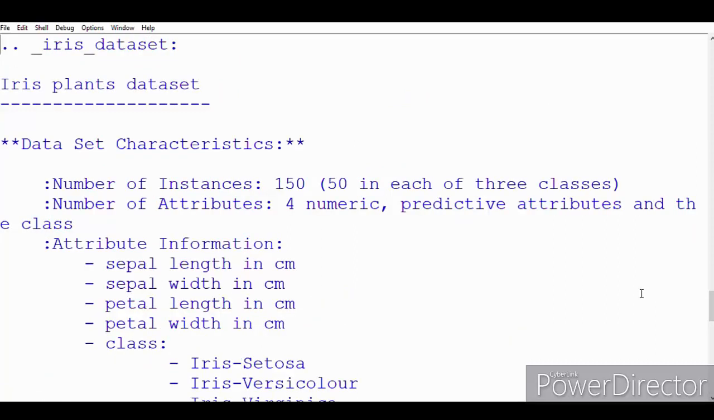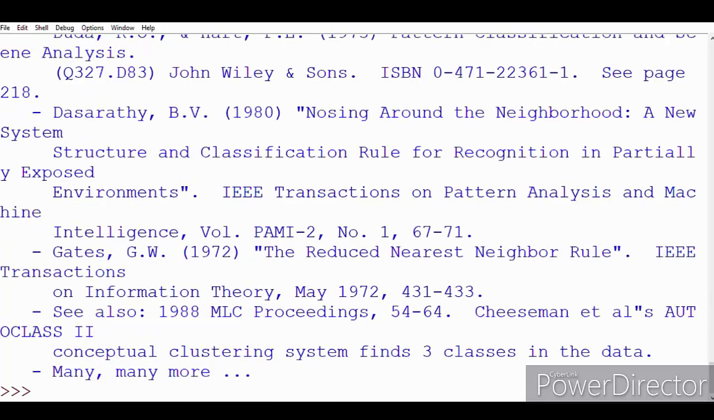So as you can see, everything has been specified over here. For example, number of instances are 150, 50 in each of three classes. Number of attributes are 4, which we had already seen earlier. And these attribute informations are sepal length, sepal width, etc. The classes are also specified over here. So in the DESCR attribute, you can also find who's the author, at what time was this data set released,